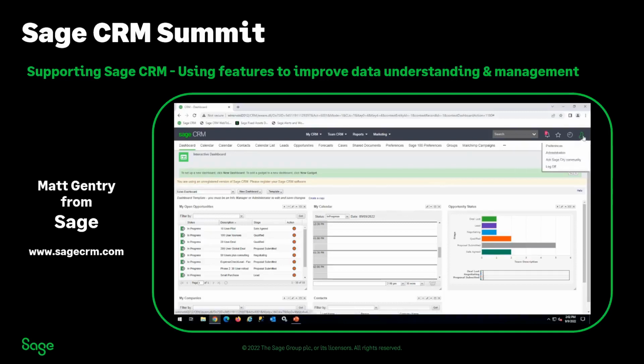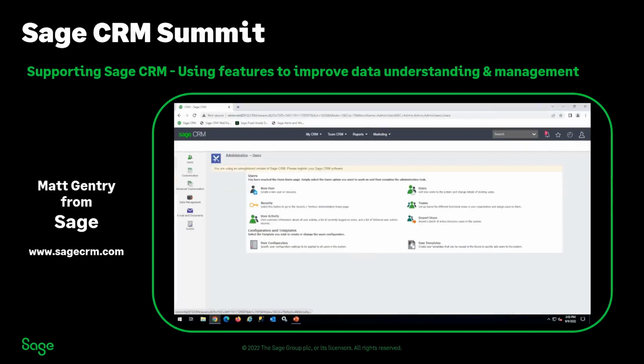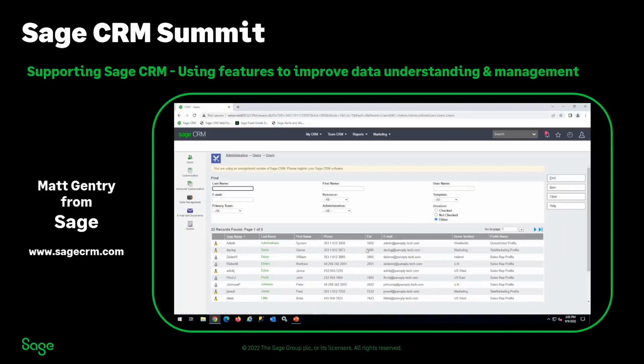So we will go there once I'm logged in. Under the administration screen, we are going to click on users, and then this user's icon in the top right corner here. This will get us to all of our users. You'll see here that I can hit the find button and it will find all of my users. Brian Little is actually the person who left. Fortunately, since Brian has put in his notice, we've been able to hire Jenna Ehrlich here. So Jenna Ehrlich is going to be receiving all of Brian Little's contacts, leads,